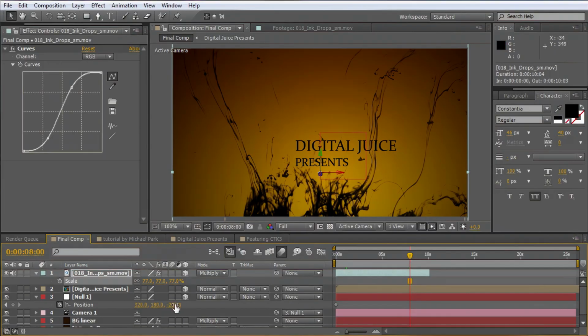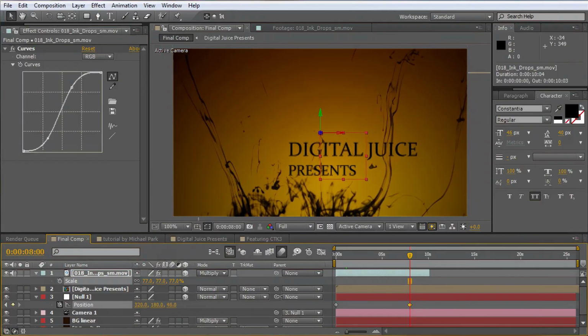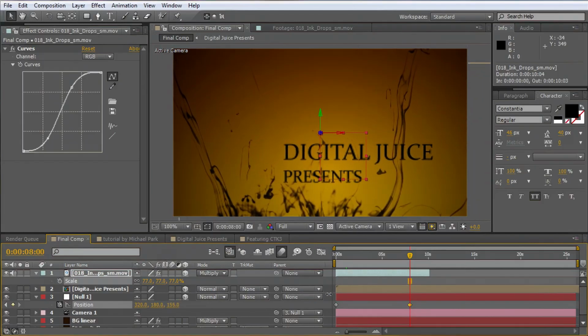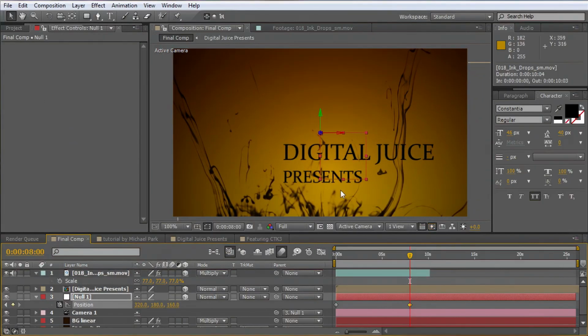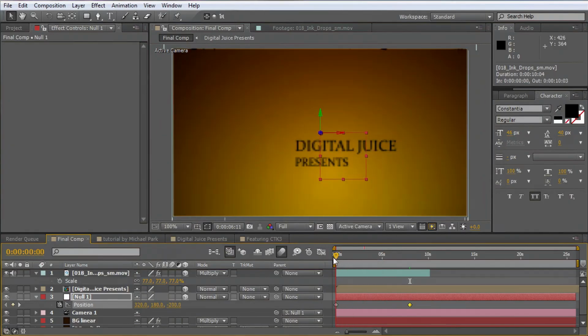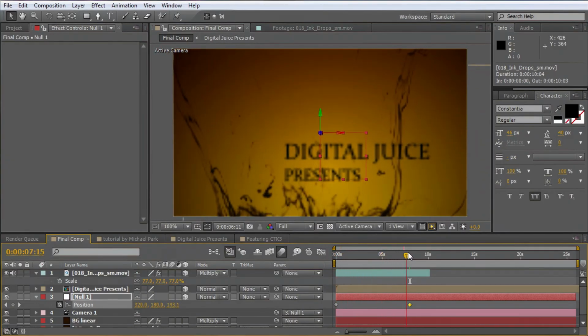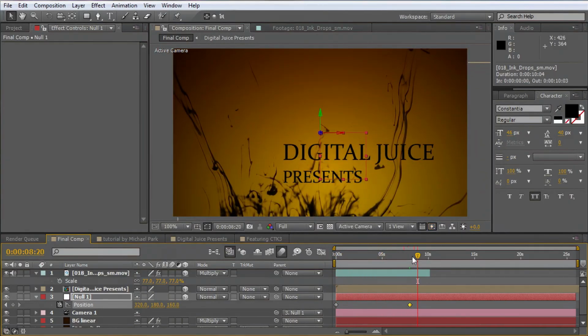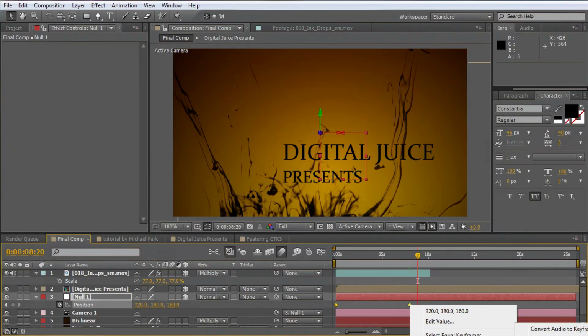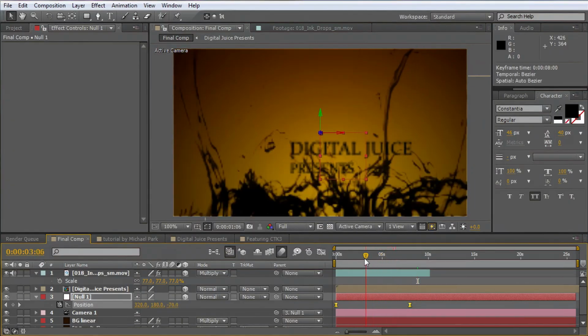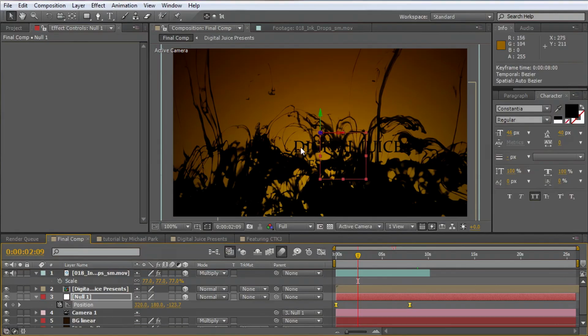So let's go ahead and adjust the camera's position and have this push in to maybe about 160. Looks good. So I have this nice camera push that comes in. And then what we're going to do is kind of whip pan across. I want to easy ease these keyframes by hitting F9 or right clicking and choosing Keyframe Assistant, Easy Ease. So now I have a nice smooth camera move,